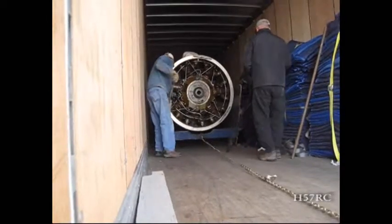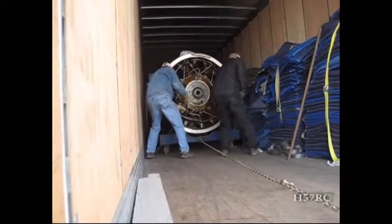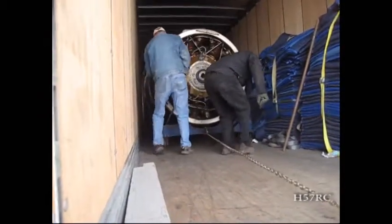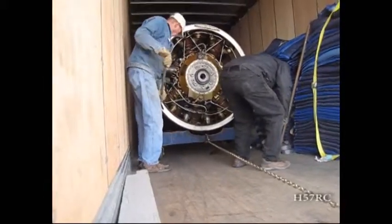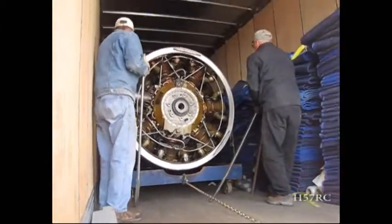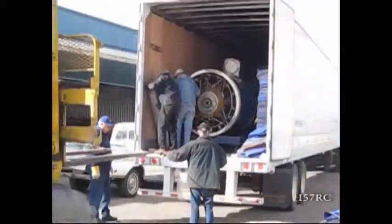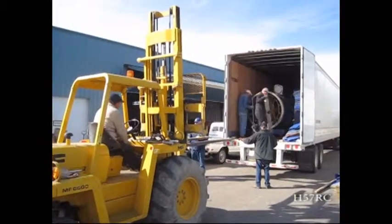And these engines obviously will have to be gone through, but to have engines in this good condition and almost complete with cowlings and accessories, carburetors, and all those spare parts, this is just dynamite for us to get from Hawk Air. And just as in Terrace we had a wonderful group to help us load, here today the